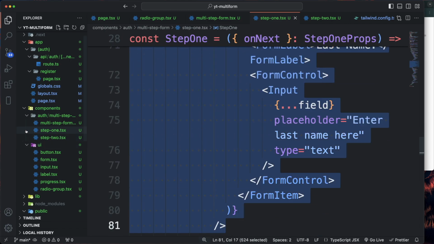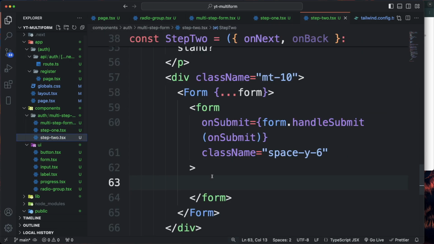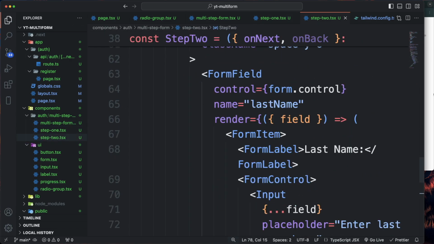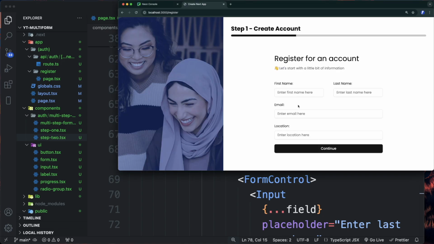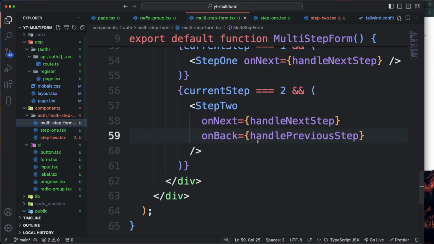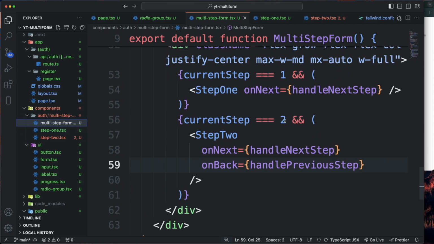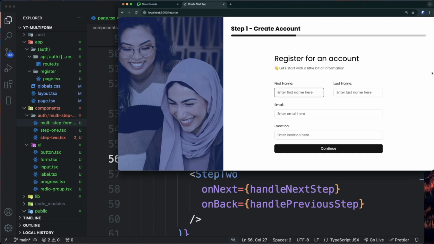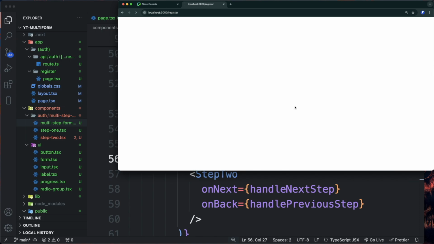All right, copy that, and then head over to step 2, and we could paste that in there. All right, let's actually take a look at everything. What we can do to see the changes, that way we don't got to keep filling out this form and clicking on step 2, let's head over to our multi-step form, and then we can probably change this to 2 and then change this to 1, just so that way we can see what we're currently working on instead of having to redo